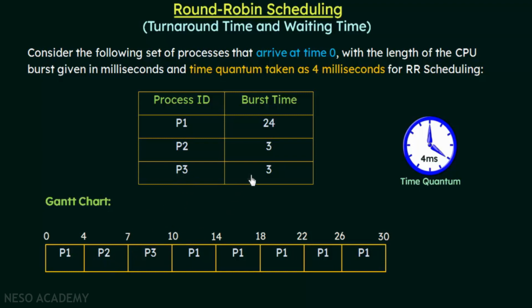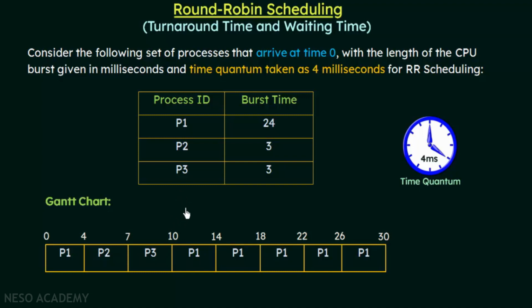And how long does it have to execute? It has to execute for 3 milliseconds. So again we see that the burst time of P3 also is less than the time quantum of 4 milliseconds. So P3 executes from 7 to 10, that is for 3 milliseconds, and it will also voluntarily release the CPU by itself. So at the 10th millisecond, P3 finishes its execution, and if we look here, there are no more